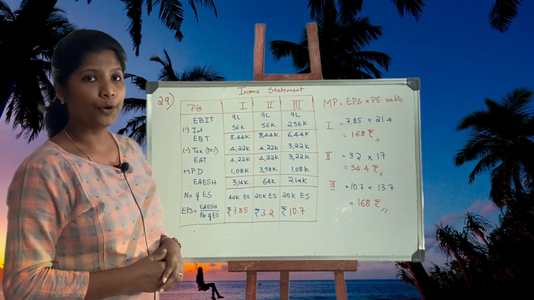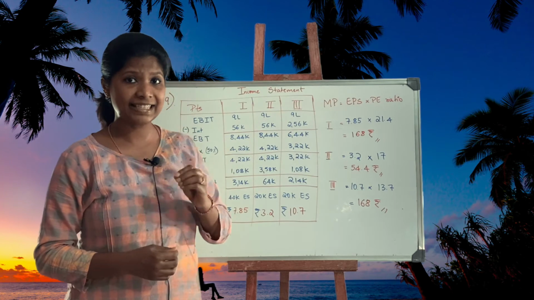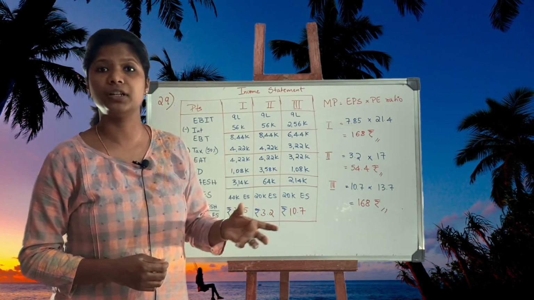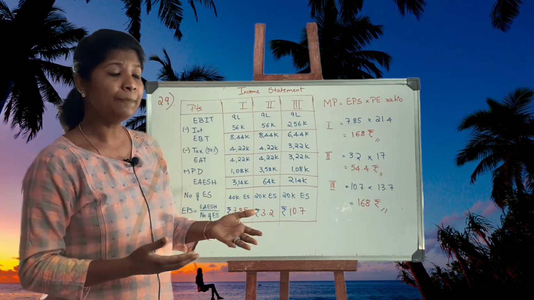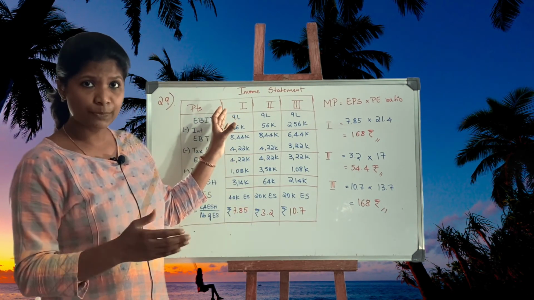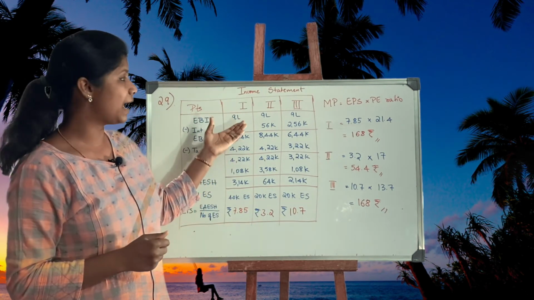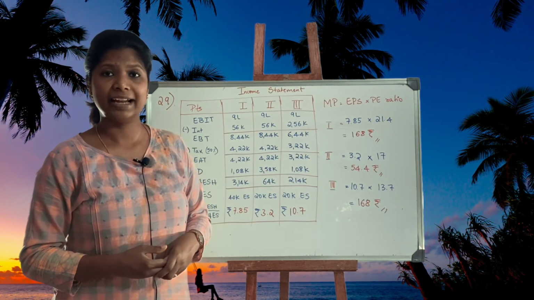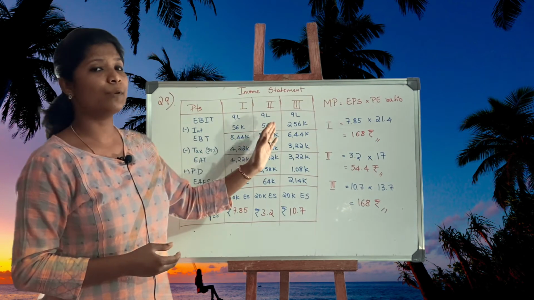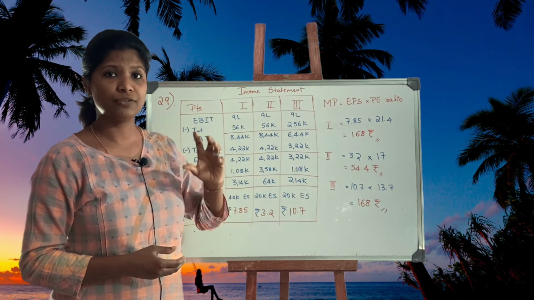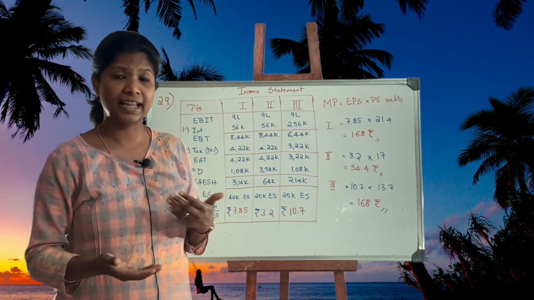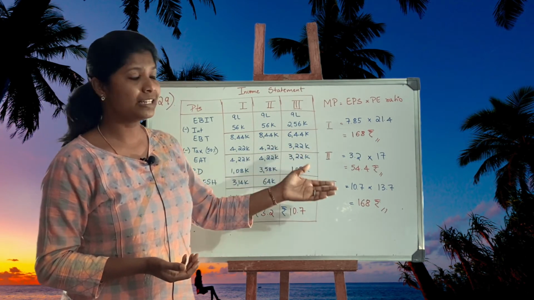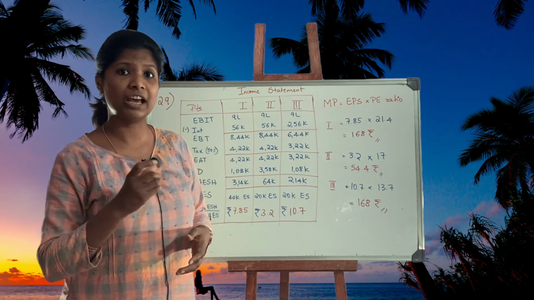The last point given in the question is that it is estimated that the PE ratios, PE meaning price earnings ratio, are given for equity, preference and debenture capital. So plan 1 was equity, plan 2 was preference and plan 3 was debenture. In case we take up one of these plans as a part of our needed capital, then our PE ratios might be 21.4, 17 and 13.7, as they have mentioned.